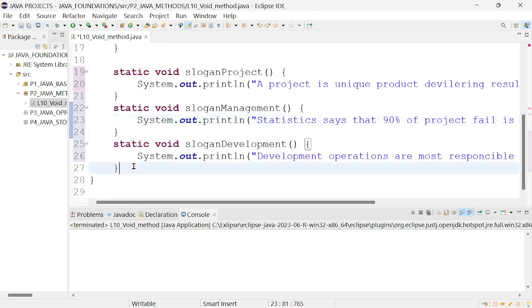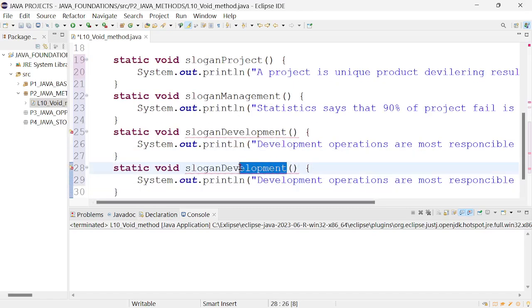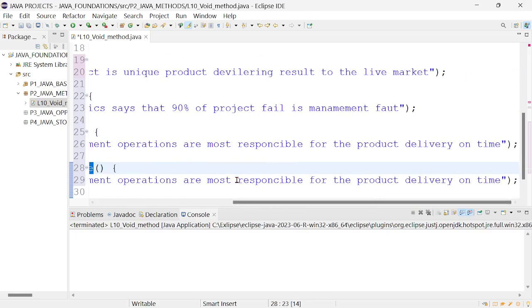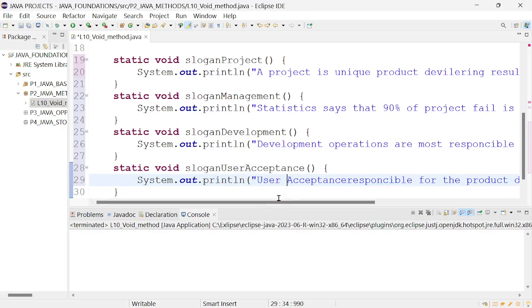Now copy paste user acceptance. Acceptance is very